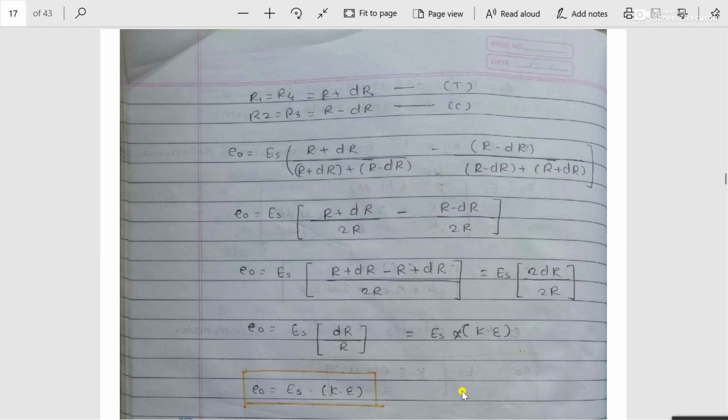But as we know, in many applications, if the force is applied in the x direction, the strain is also developed in the x direction, as well as some amount of strain in the y direction and the z direction. So what is our requirement? As the force is applied in the x direction and I have to measure the strain in the y direction, I have to paste one strain gauge in that y direction. Means if strain gauge number 1 is pasted in the x direction and strain gauge number 2 is pasted in the y direction, the second strain gauge pasted in the y direction is called a lateral strain gauge.